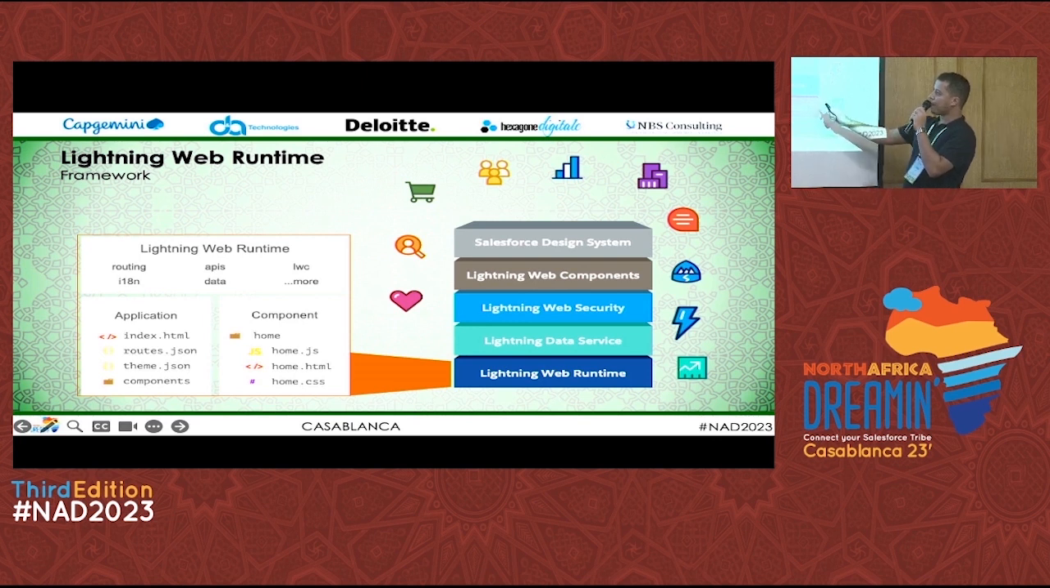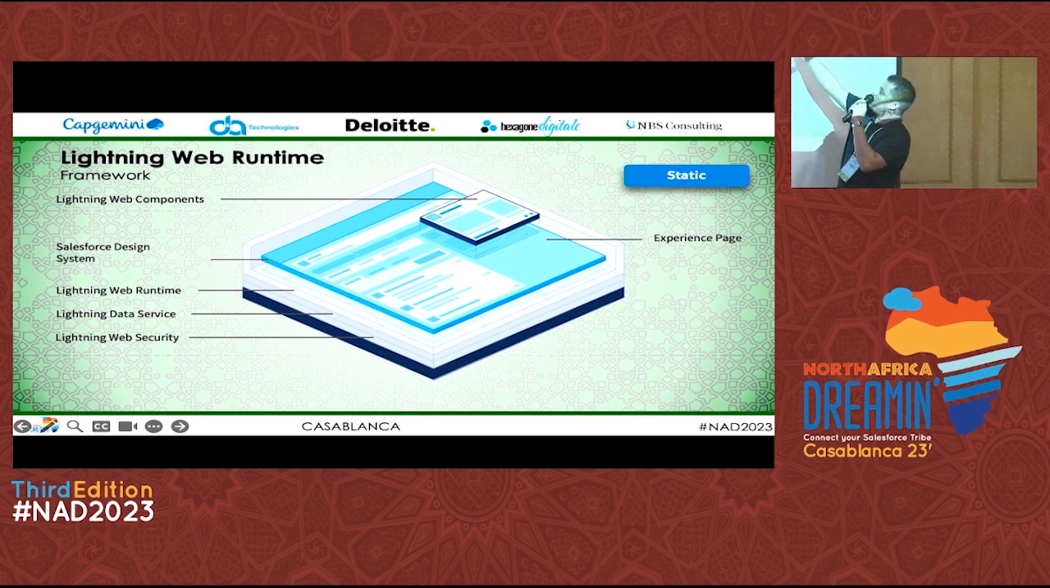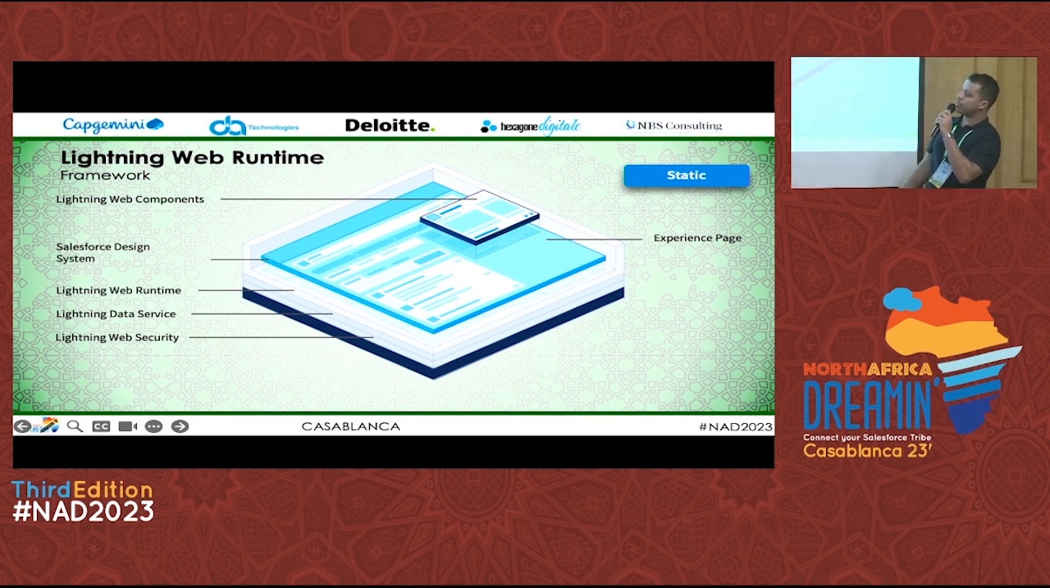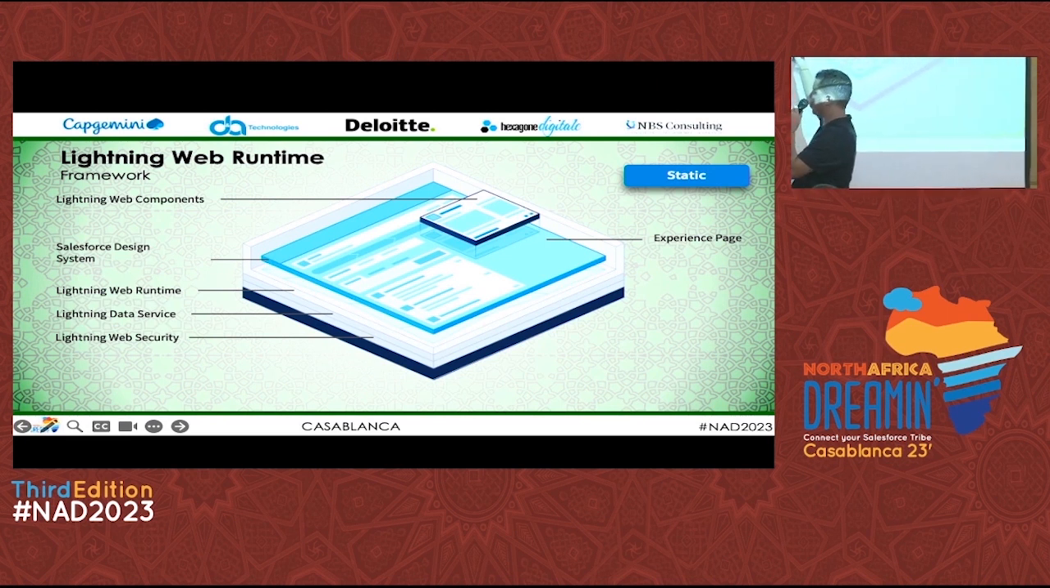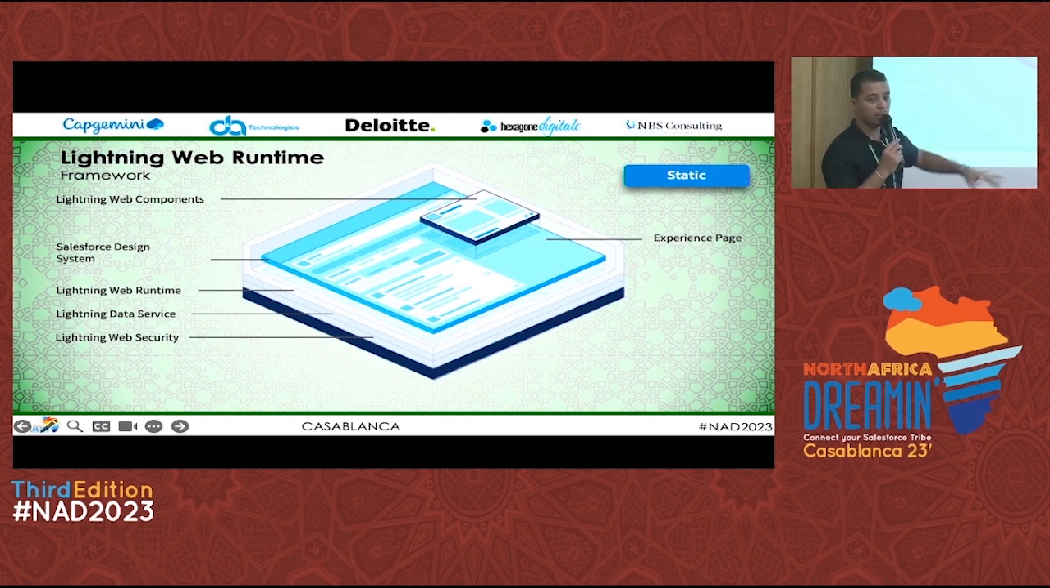We can see this from another view. As you can see in your Experience Cloud, this is an experience page. These would be your Lightning Web Components. Here you can have, for example, your Salesforce Design System, your bunch of classes and styling. And under there is our Lightning Web Runtime, which hosts the Lightning Data Service and the Lightning Web Security. So this whole page can be